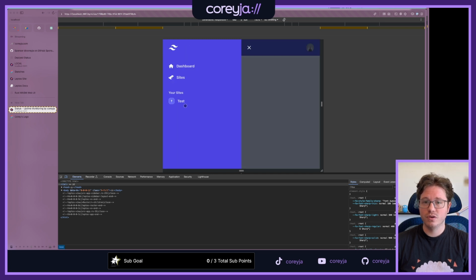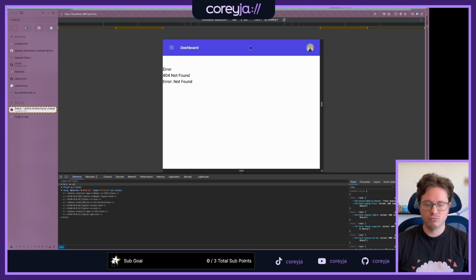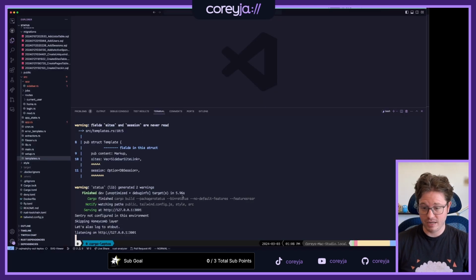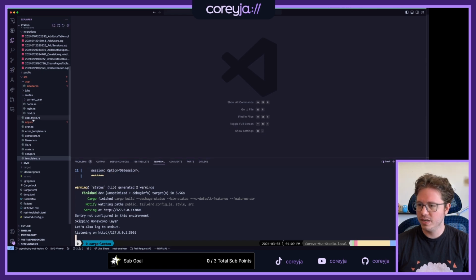Ooh, so that's interesting though. So this does link and these link, but it doesn't actually close that when we navigate. So I might need to teach it to do that. But we also don't actually have any of the navigation set up either. So we got some things to do.